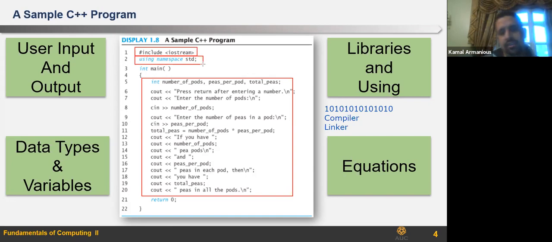So using namespace std stands for using namespace standard. And this comes after you define a library. What does it mean? It means that please use the functions that exist in the library, like cin and cout, in a standard, unmodified way.